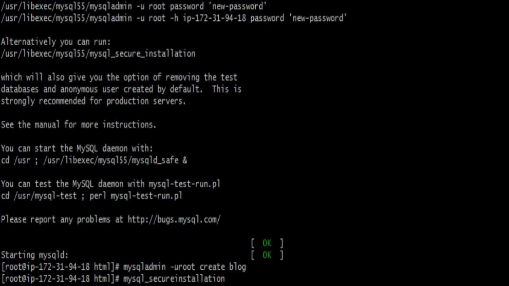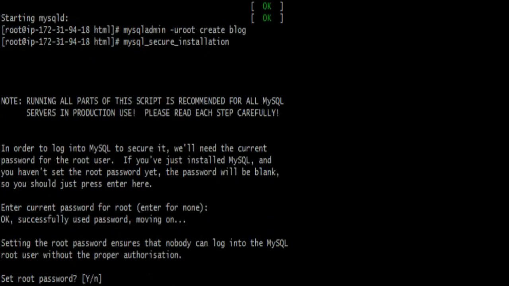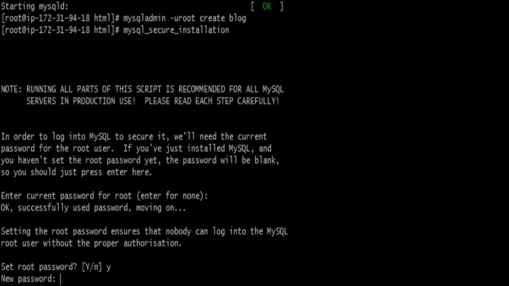So the command name is mysql_secure_installation. It's asking for the current password. We don't have any password. Set root password, we will set it, yes. Just make sure whatever password you type, you remember it.